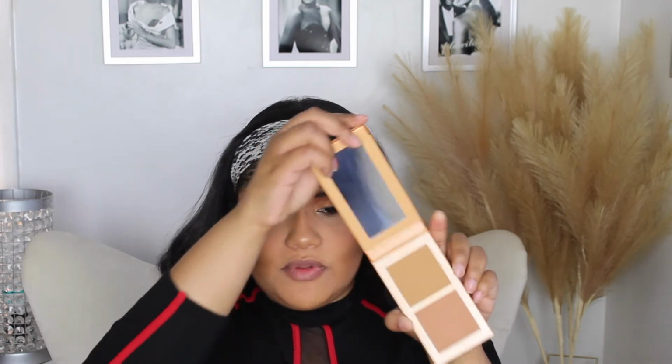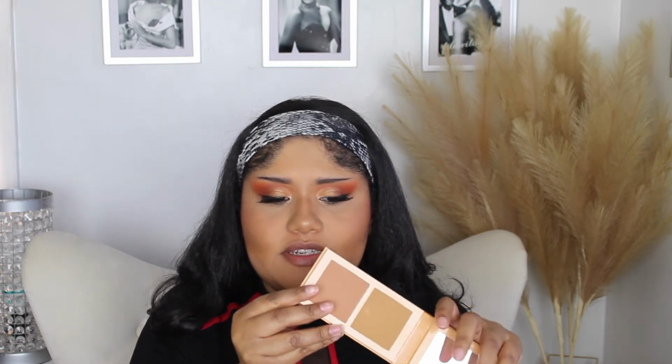This is the Black Radiance brush. This was a dupe for the NARS Ita brush, which I don't think either one of them are available anymore. I'll be using the Juvia's Place Bronzer Duo in the shade Medium. And I'm only going to be using... Oh my gosh, I dug my finger right into it. Okay. I'm only going to be using...